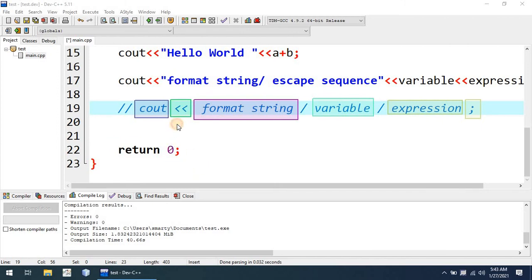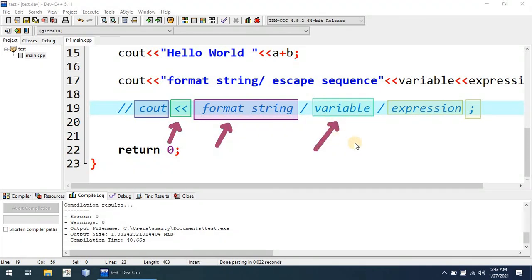Insertion operator, here the insertion operator is the syntactical attachment of the cout object. A format string may include escape sequence or any constant text that will be displayed on the screen as it is written in the format string.